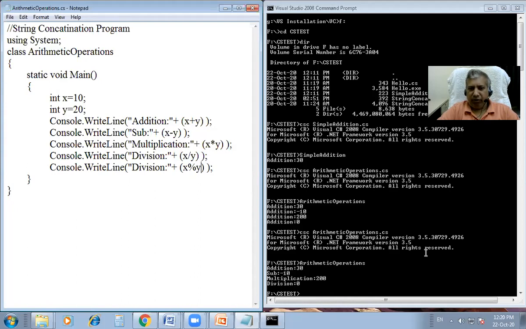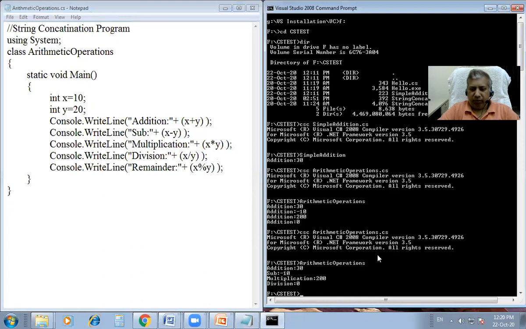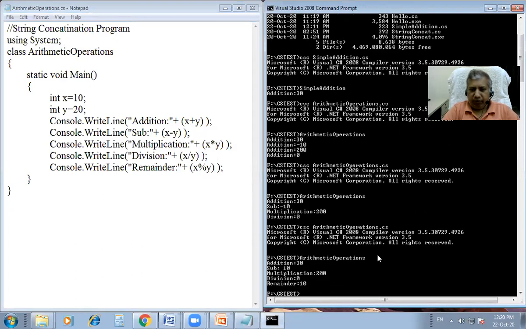So I will recompile the program. Instead of saying division here, I will write, instead of mod, remainder. Save. Again, recompile the program. Check the outcome.